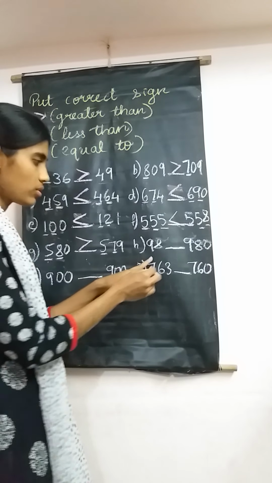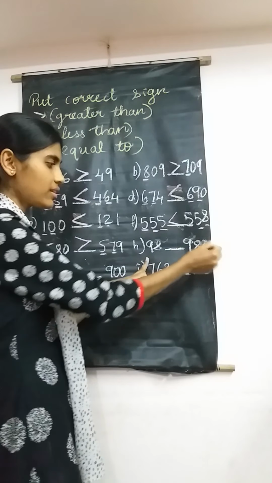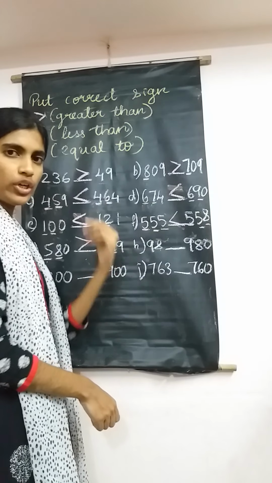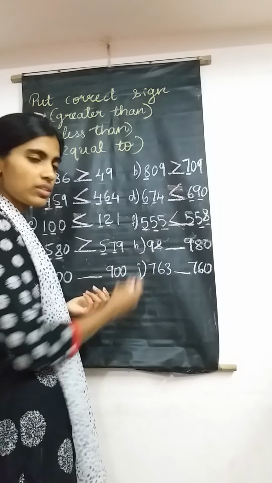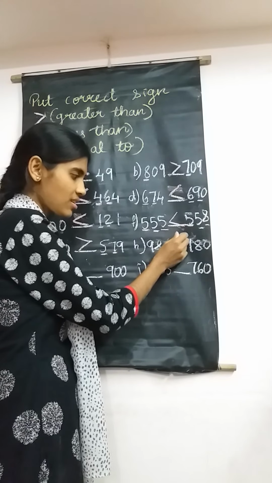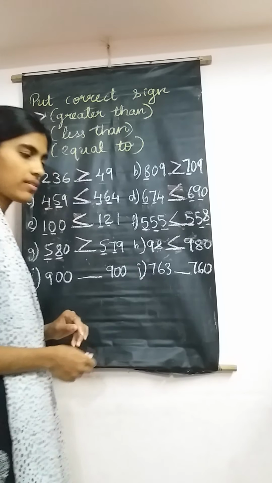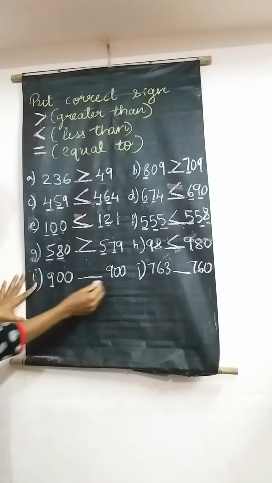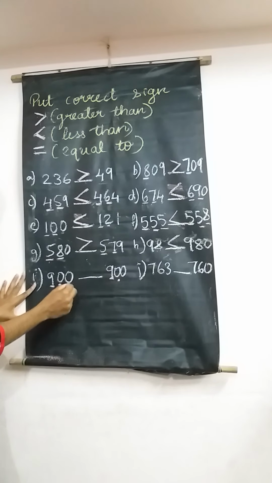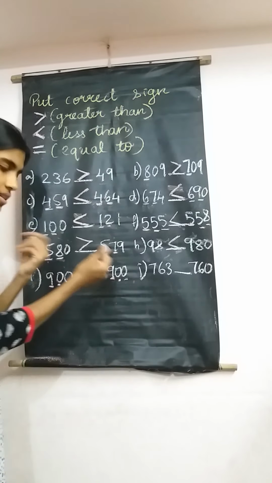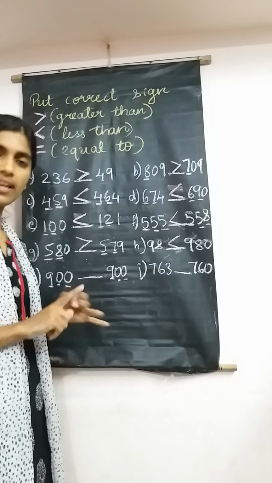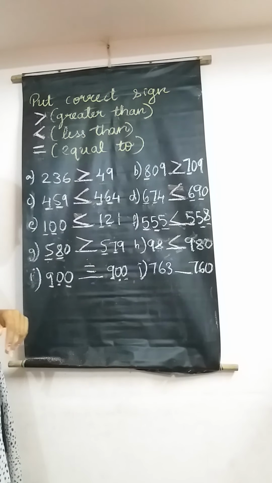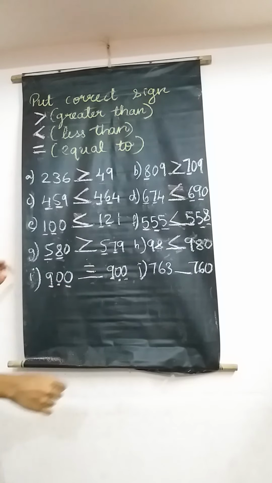Understood? Let us do this. Here you see a 2-digit number and a 3-digit number. Before comparing, check the digits. When the digits are fewer or more, immediately you can say which is greater. Now 2-digit or 3-digit? 3-digit is greater. So 2-digit is less. See? So fast we understood, yes or no? Very good. Let us move here. Compare 9, 9, same. 0, 0, same. 0, 0, same. Which sign? Greater sign? Lesser sign? No. Which sign? Our equals to. Understood? We have 900 equals to 900.